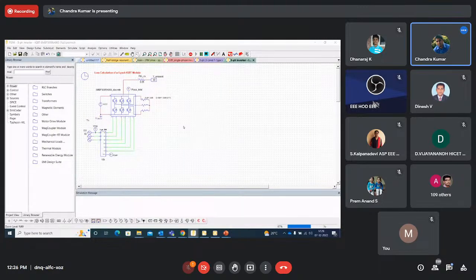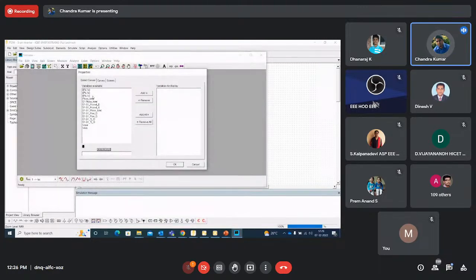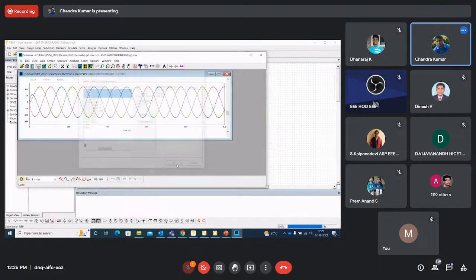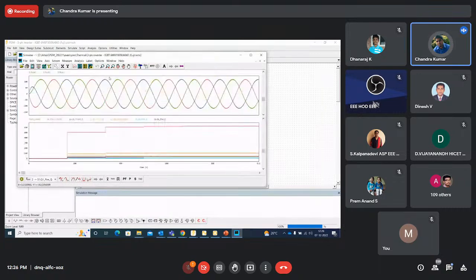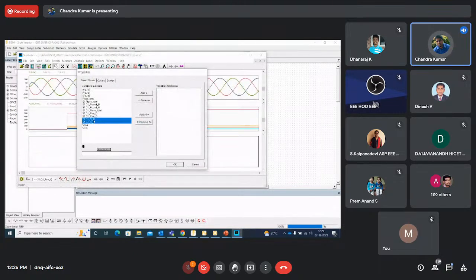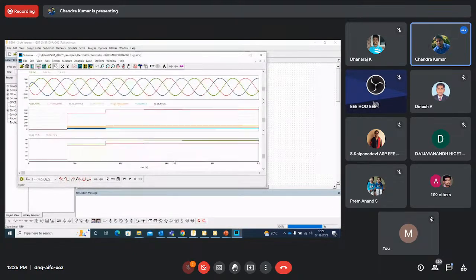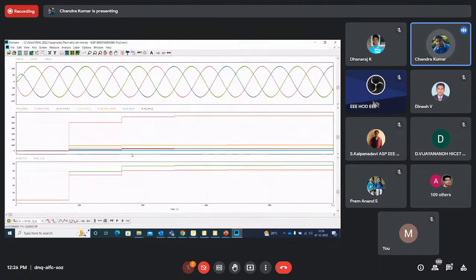So this is an inverter part. You can look at your three-phase currents, and you can look at your losses, total losses, or switching loss of diode and transistors. These are different losses, and then you can compare your junction temperature of diode and transistors. This is very interesting in terms of how quickly you can validate the thermal behavior of your device as well as efficiency calculations.